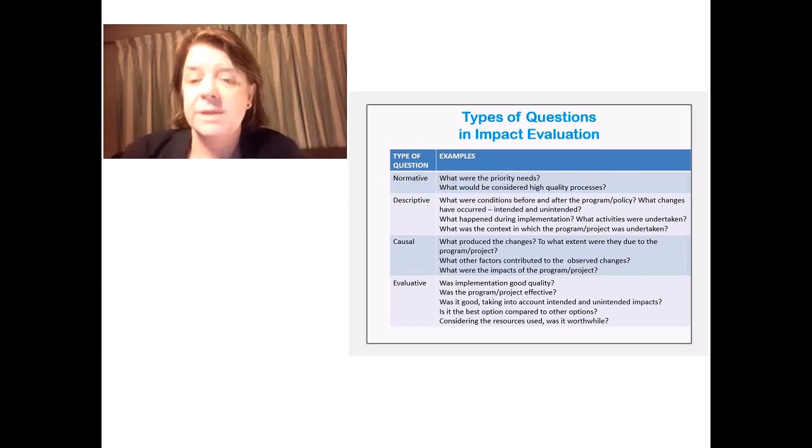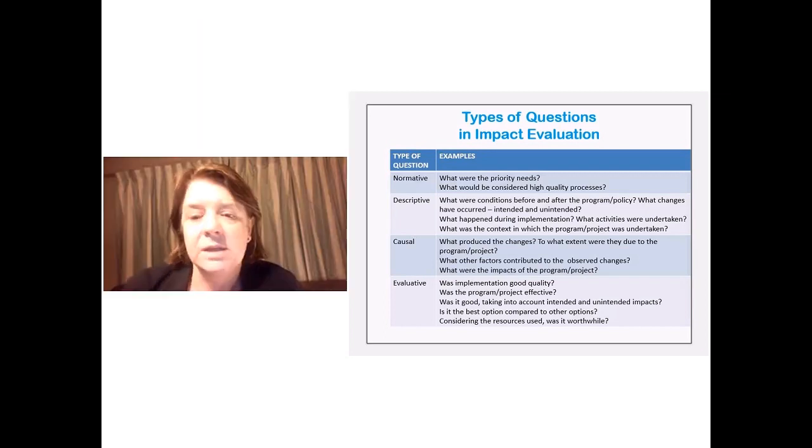So the second group are looking at descriptive questions, and this is pretty much the focus of today's webinar. They're factual questions about what has happened, what are things like, and you have to be able to answer those questions before you can answer the other ones. So you might be interested in what were the conditions like before and after the program or the policy. So before we can get to the impacts and whether the program's made a difference, we need to describe how were things beforehand, how are things afterwards,